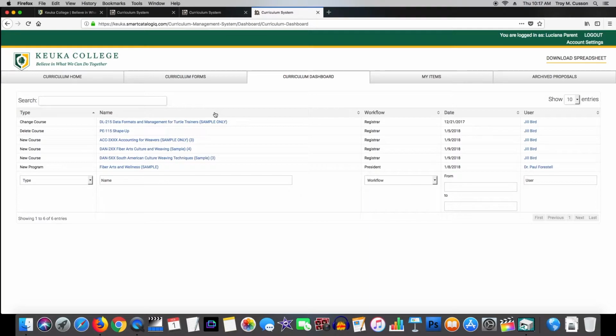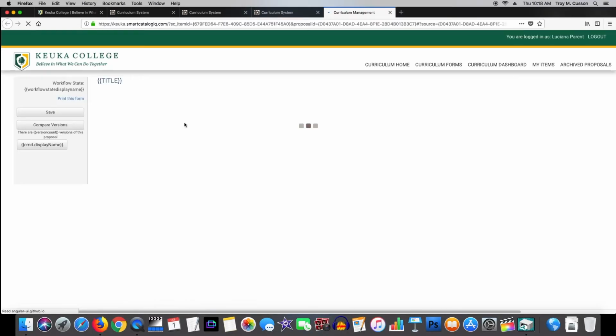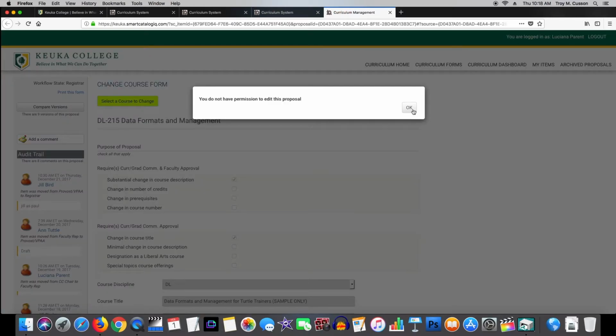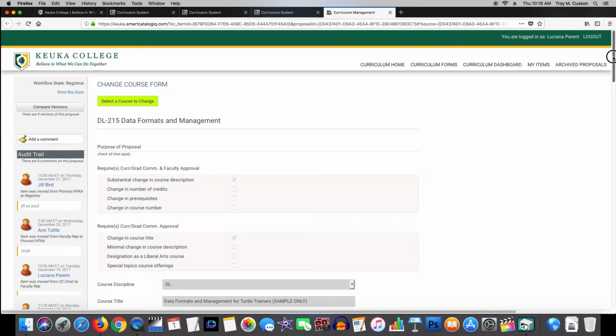In this example, this dashboard has forms that are already ready in the registrar or forms that are to be signed by the president. In this case, forms that faculty are going to vote on should be seen under the workflow area as faculty rep. So then faculty would click on the proposal, and although faculty does not have permission to edit the proposal, they can review the proposal